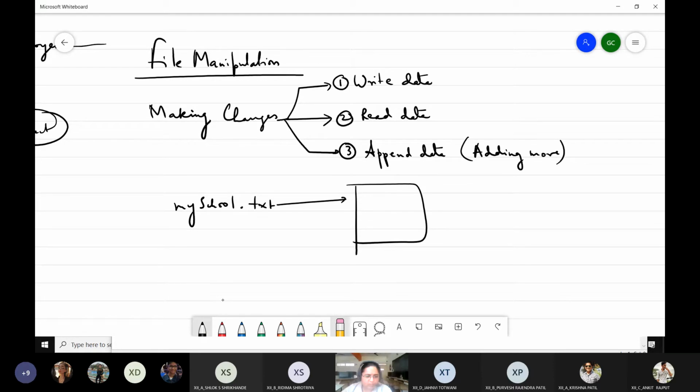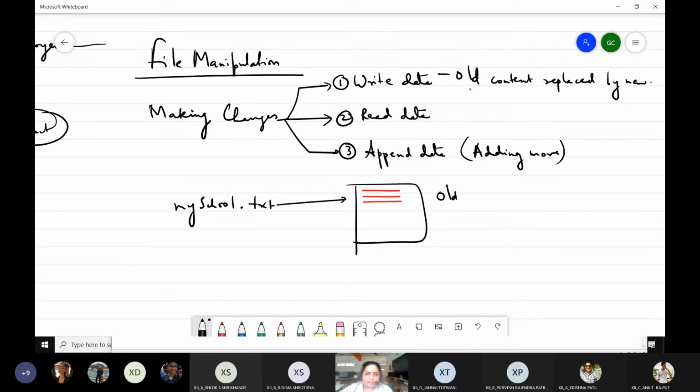File will not be removed. These 5 lines will be removed, and the new content will be written to the file. The old content will be replaced by the new content. I'll write it here. Old content replaced by new content, right? That's what happens with writing data.